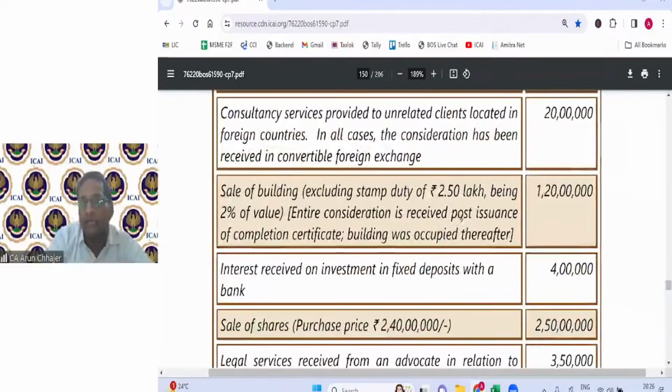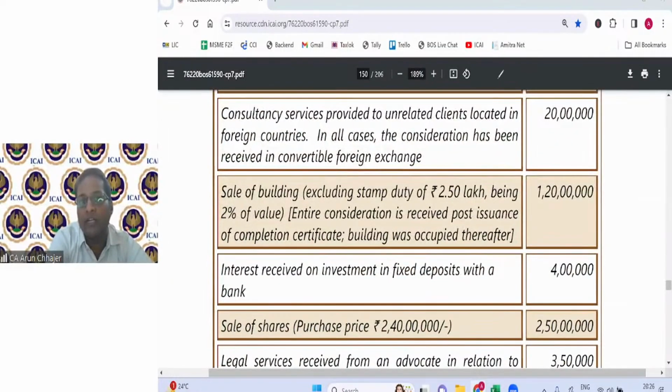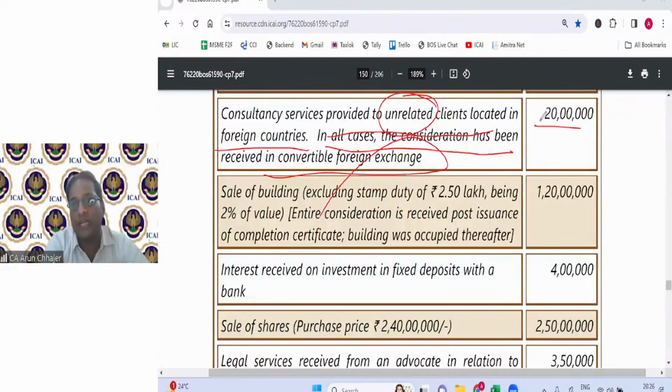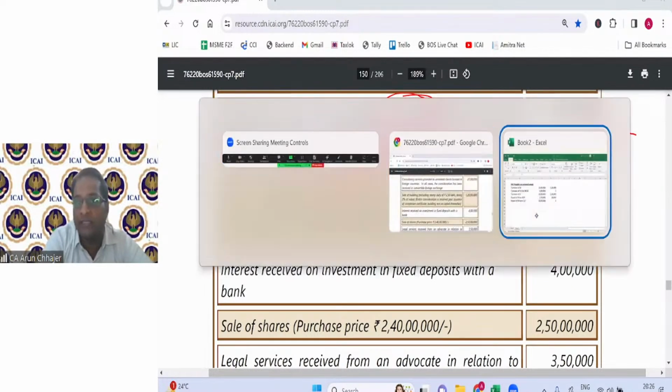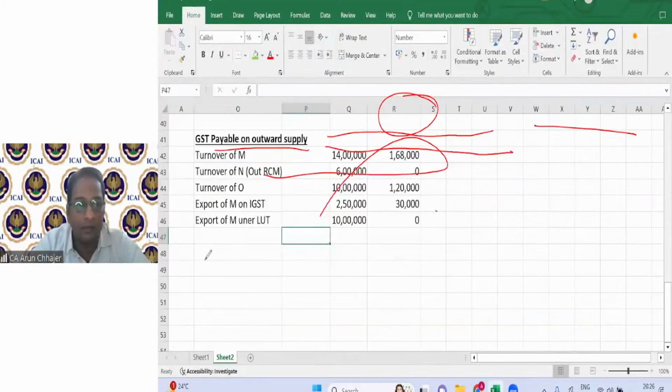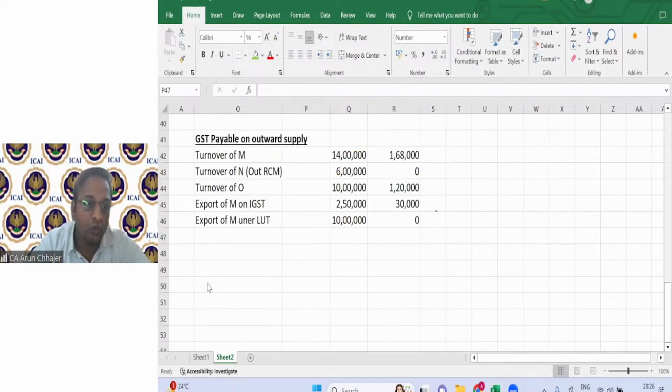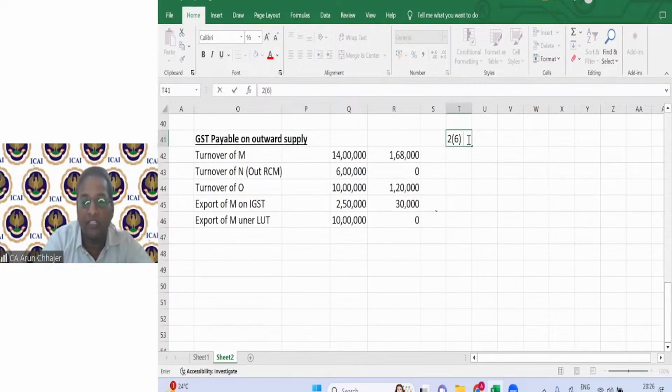Then they are saying consultancy services provided to an unrelated client located in a foreign country. Why are they saying unrelated? Again, there is a twist. In all cases, the consideration has been received in convertible foreign exchange, 20 lakhs. So if you go into the GST law, Section 2 clause 6 of the IGST Act gives the definition of export of service,